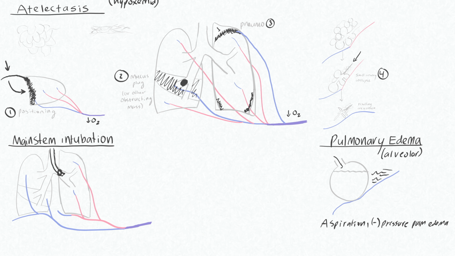Both of these things it's your duty to prevent in anesthesia. Negative pressure pulmonary edema will happen if you create negative pressure inside your airways or your alveoli against a closed airway. So if you're trying to breathe in against a closed airway, that will create negative pressure and draw fluid in, thus alveolar edema. And for aspiration, depending on how much you aspirate, you could actually end up in a